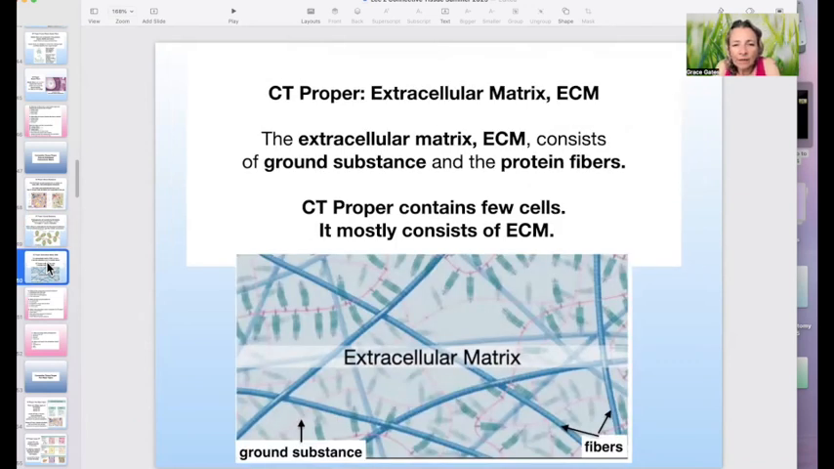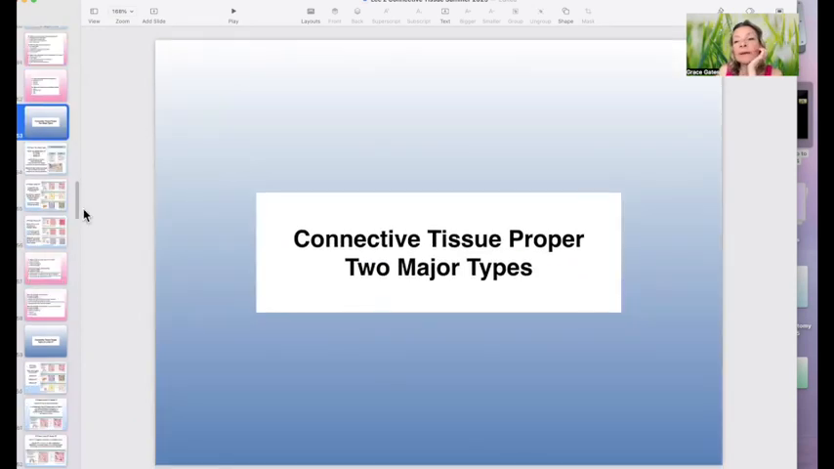And now a word on extracellular matrix. Extracellular matrix consists of the ground substance and the protein fibers. So the only thing left out is the cells, right? But it makes sense that extracellular matrix would be the stuff outside of the cells, right? So if you see, and you often will see, the phrase extracellular matrix, you can think the stuff outside of the cells, which is ground substance and fibers. Connective tissue proper contains few cells, as we learned, and it actually mostly consists of extracellular matrix. There are two major types of connective